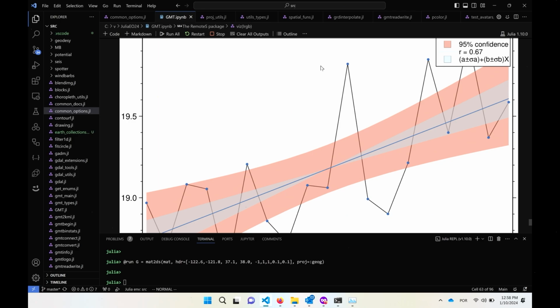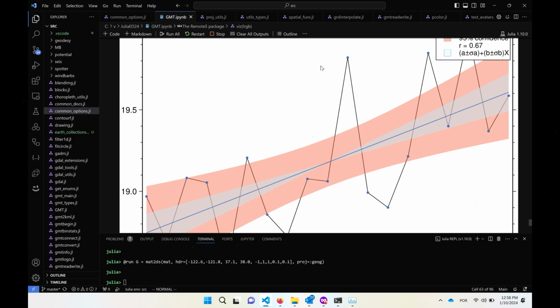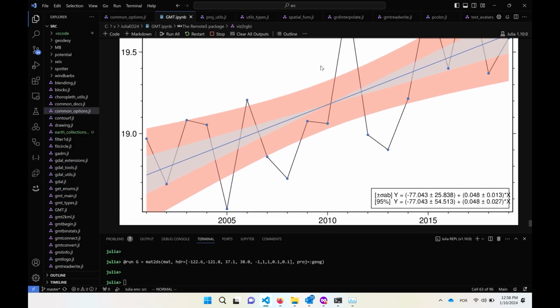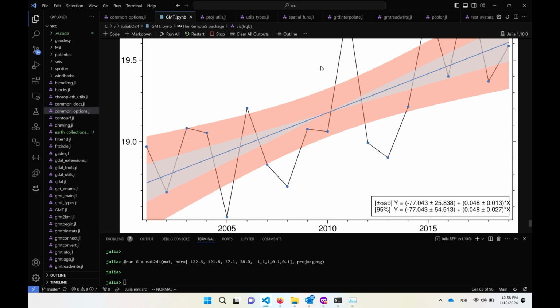Now it comes back. Unfortunately, a bit too big, but you can see the numbers. The numbers are, again, it disappeared. Okay. So the sea surface temperature at that point in the Mediterranean has been